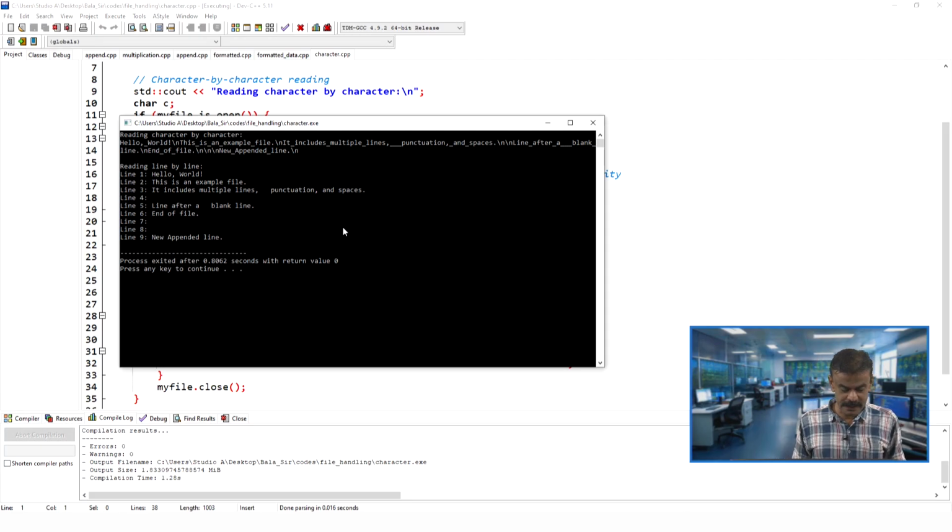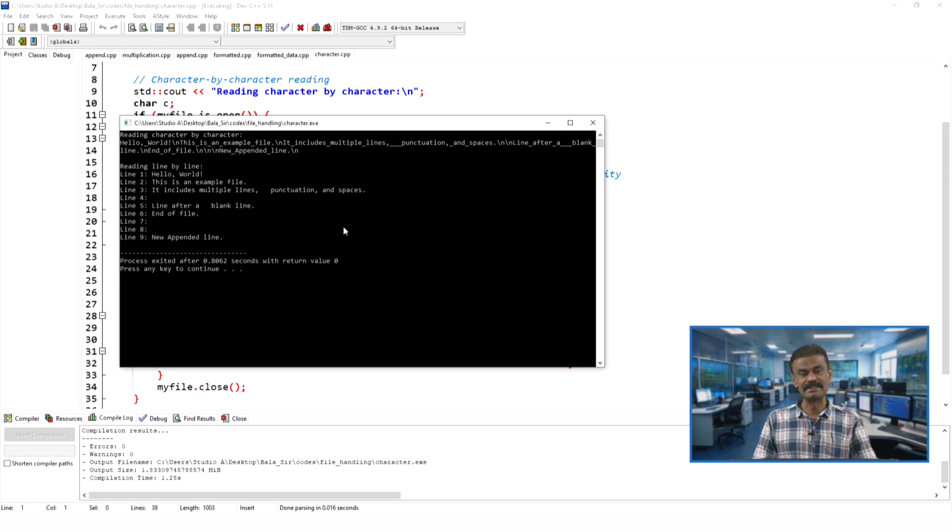When you run the code, you can see that initially it is written character by character with underscores, and then you can see hello comma underscore world because of the blank space. So, all the blank spaces we have replaced by underscore, correct. That means we have read the file and then we are manipulating. When you are going character by character, you replace the newline, you are writing slash n, and then you have underscore. If you have a big blank space, you can see in that particular case the underscore is also big.